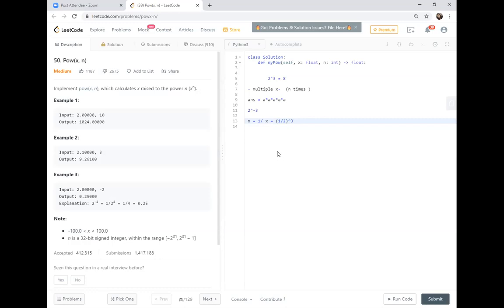But the main problem is how to reduce the complexity of multiplying, because I solved this question with this approach and my answer went to TLE. So what's the other approach? Let's say we look at line number 9. We see that A is being multiplied multiple times, and instead of multiplying multiple times, we can